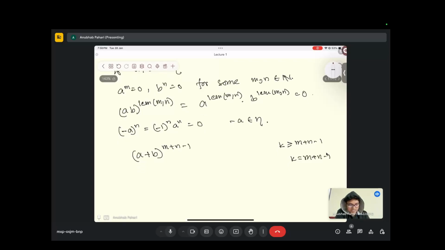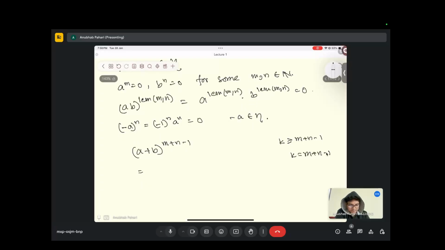Then you will see that we will be getting the sum over j equals 0 to m plus n minus 1 of binomial(m plus n minus 1, j), a to the power j, and c to the power m plus n minus 1 minus j. So you see that